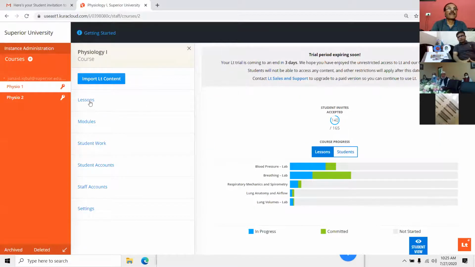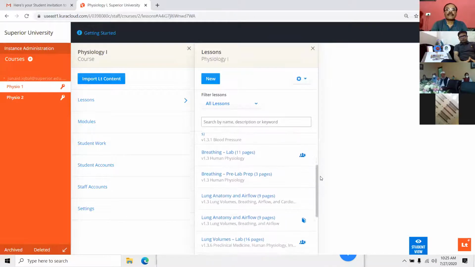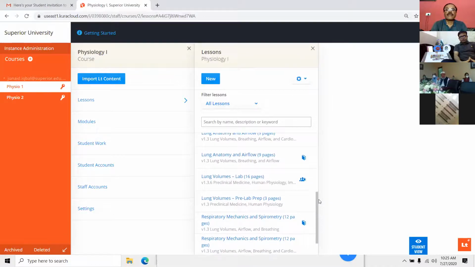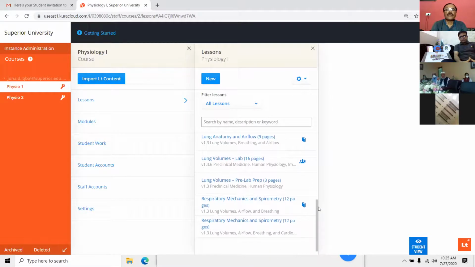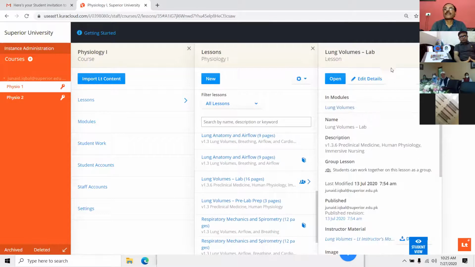practical. You can open that practical from these lessons. From these lessons, there are a lot of practicals you can see, but I have to open the lung volumes and capacities. This is lung volumes and capacities, and open. Okay. So